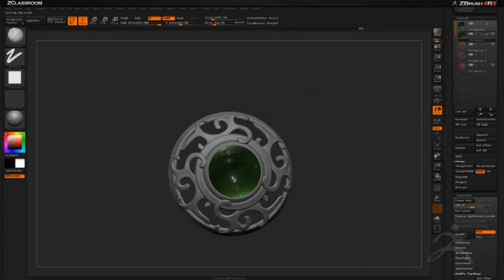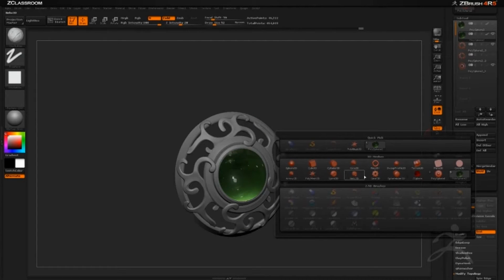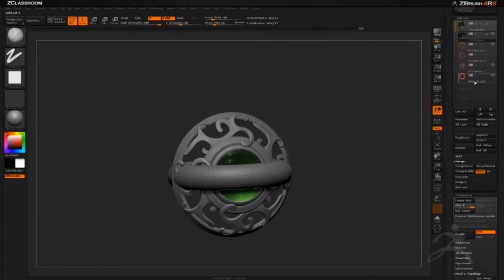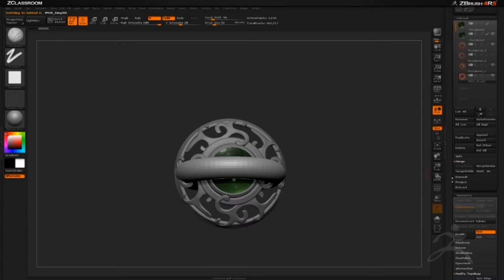So now we're going to add our rings. They're fairly easy to do. We're just going to go over to Append, and then we're going to pick Ring 3D. And so it should come in as a new subtool. We're going to come down to the bottom, select that subtool, and then now we're going to come down to